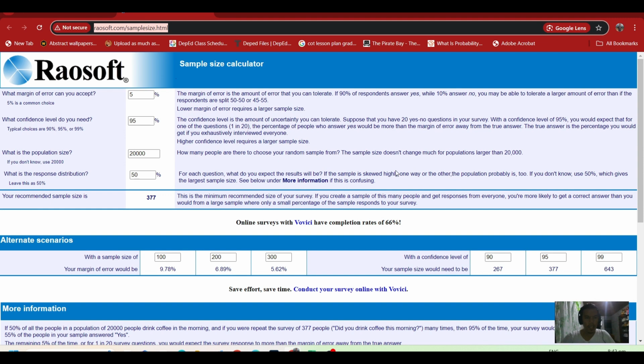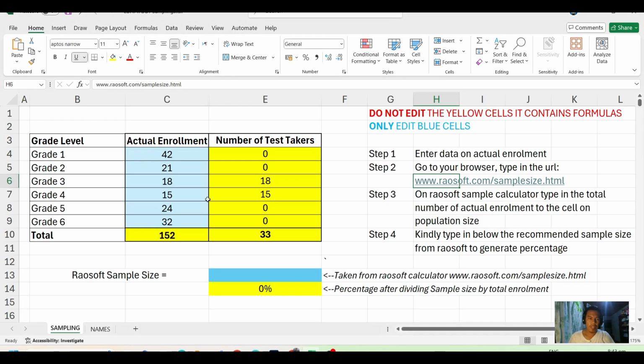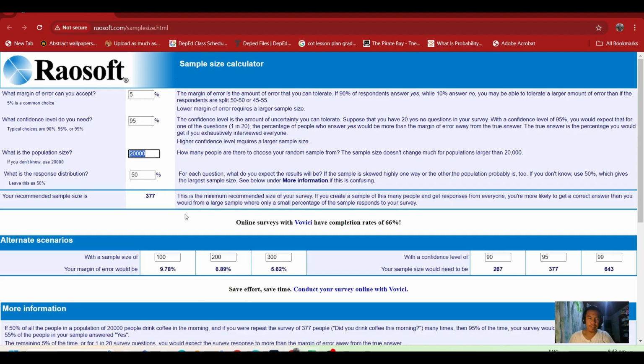After clicking, you will be redirected to the Raosoft sample size calculator. By default, we have a 5% margin of error and 95% confidence level. What we will edit is the population size. Our population size is a total of 152, so type in here 152.